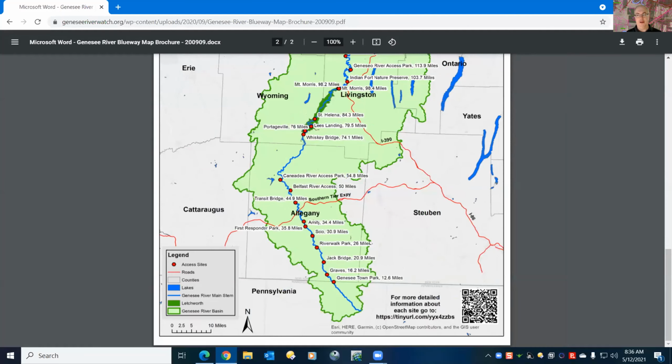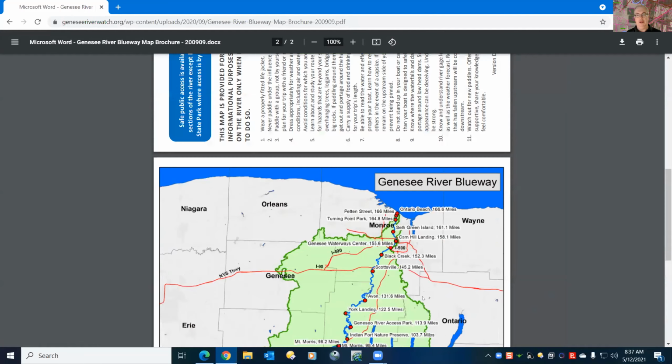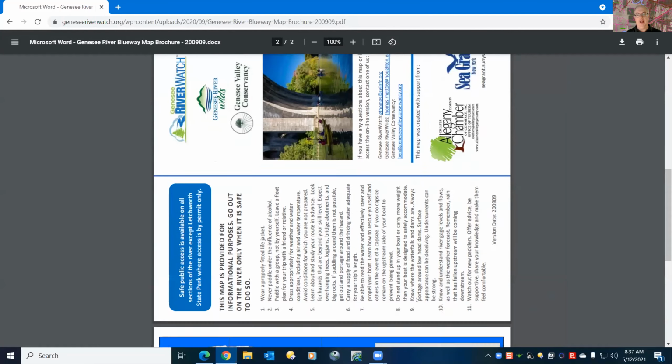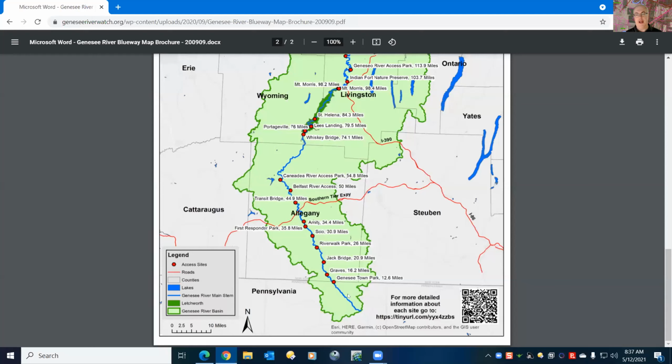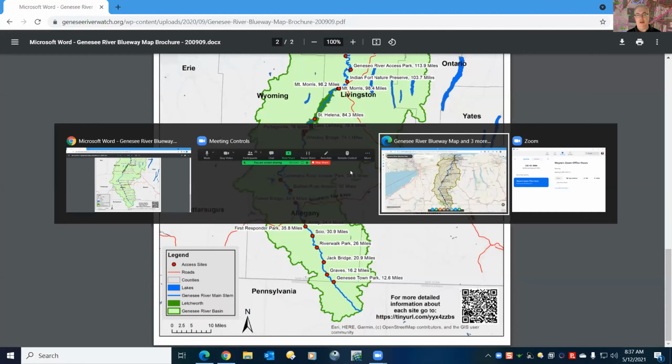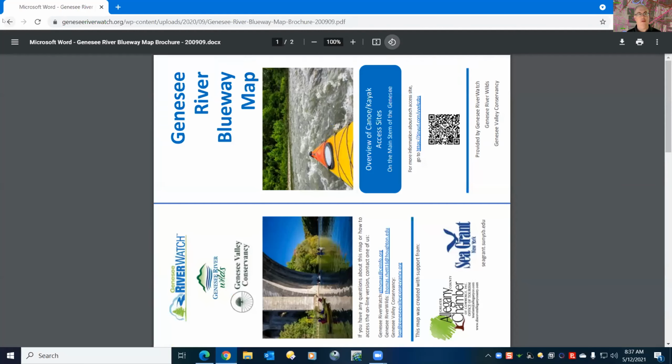I think they're out there, George. Yep. And there's also a URL, and it's trying to blank. What is that? A UPC code? QR code. Thank you. That's available. That will take you right to the interactive map. And so this is a handy little cheat sheet that has mile markers on it, and it's very much a simplified version of the other map that is on the website, which is